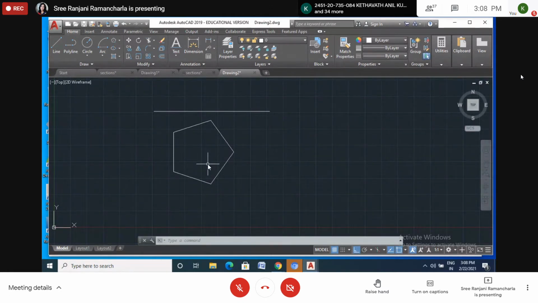So when the base is on the HP, the apex also we can see. Apex means the inclined edges also we can see. So where will be the inclined edge? How to draw here? Center portion. Center one. How to find the center when you are doing your manual drawings? How to find the center point? Please respond, all of you. How to draw the center point?